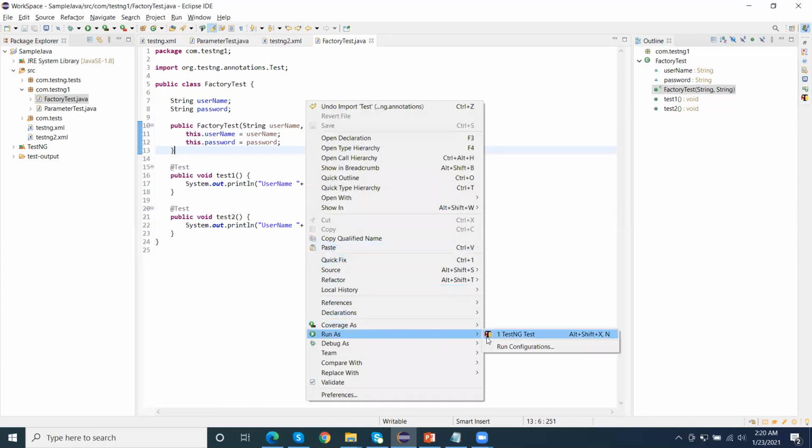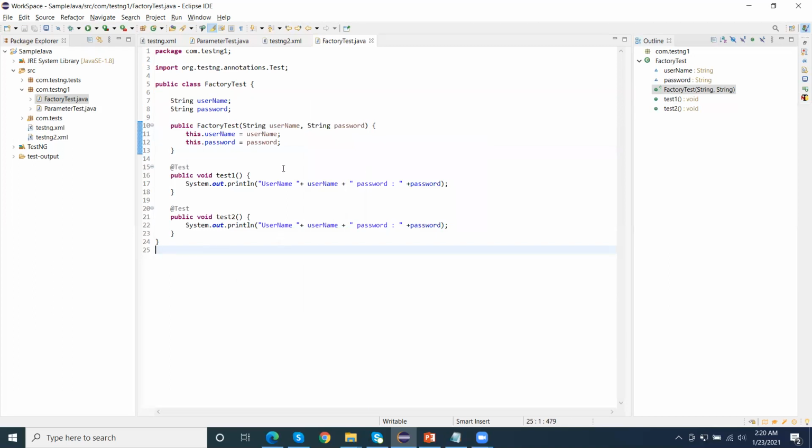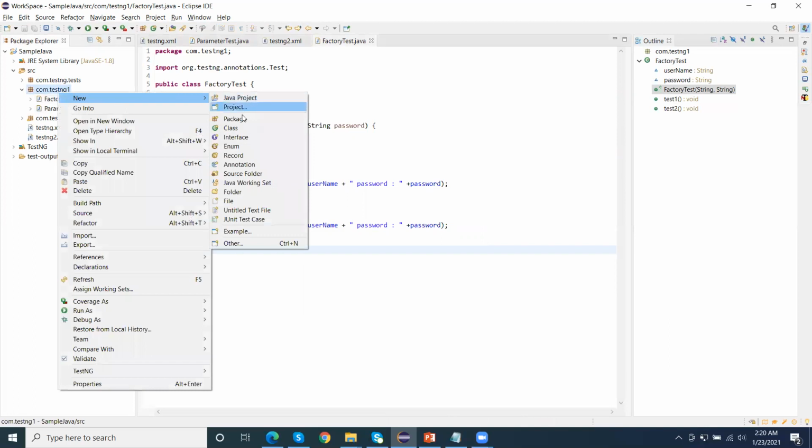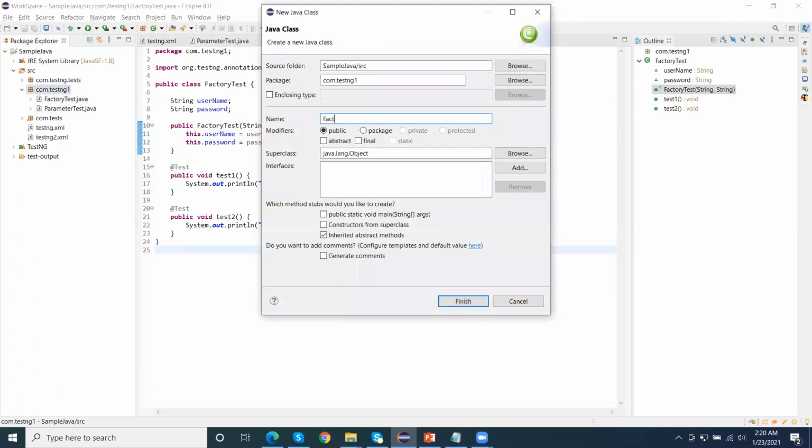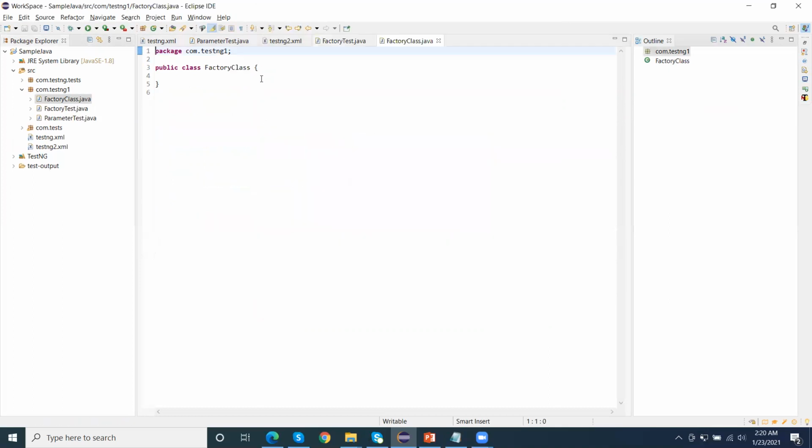Now if I run this using the factory annotation, let me create a factory class. In the factory, we need to use the @Factory annotation and apply it over a method.